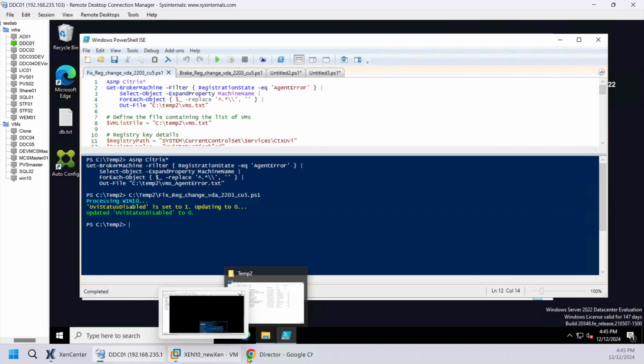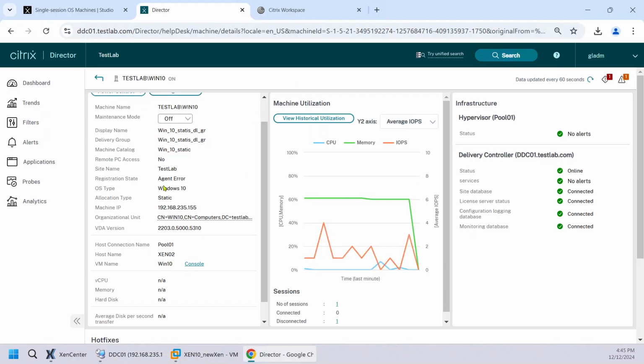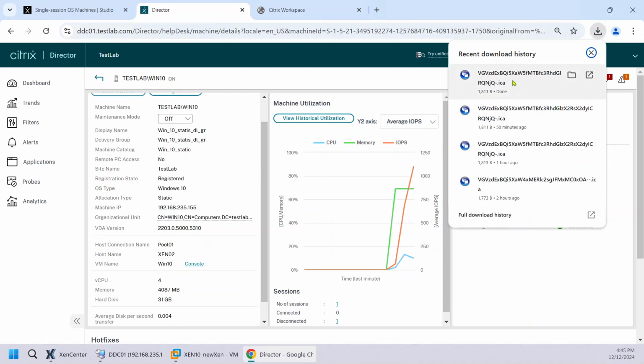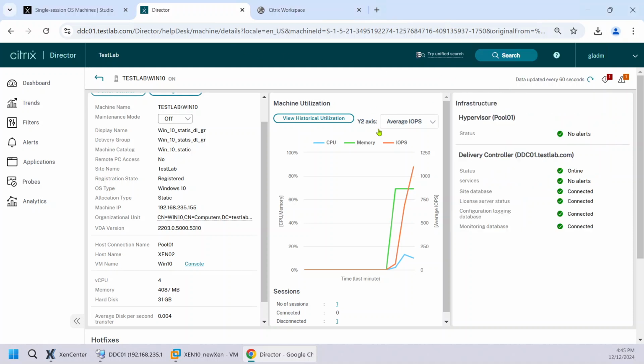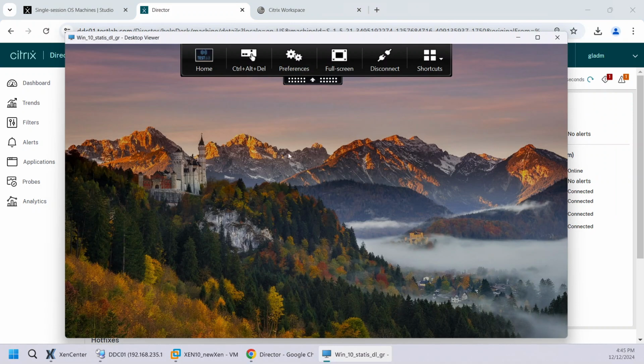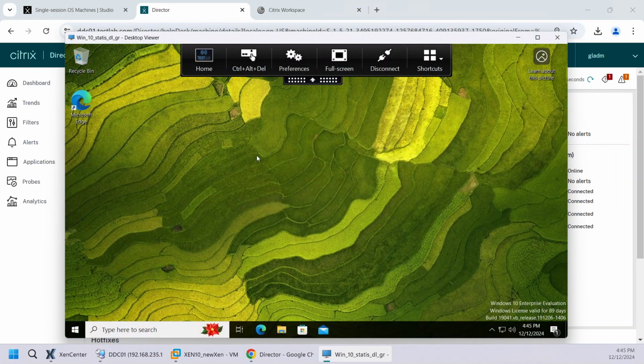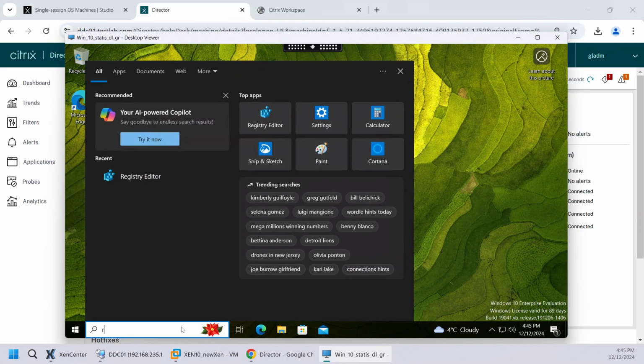If I go to my DDC and refresh, I should see here registered, or maybe Director does take a little bit longer. Registered, and you also saw that the moment it registered, I got the ICA file. So let's open it, because this will give us the access back to our VM. And let me also show you